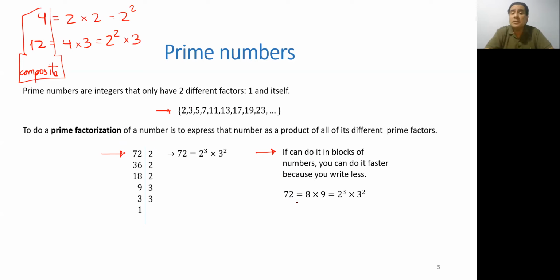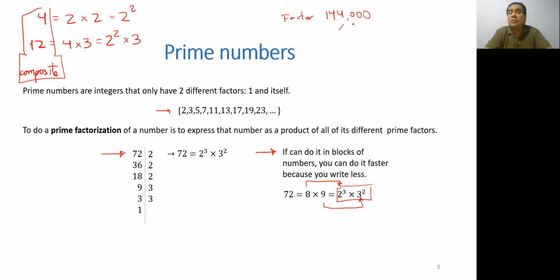For example, 72 is the product of 8 times 9, according to a multiplication table. So 8 can be expressed as 2 cubed and 9 as 3 squared. So that's the factorization of 72. You can practice factoring bigger numbers using this approach. Example, if we factor